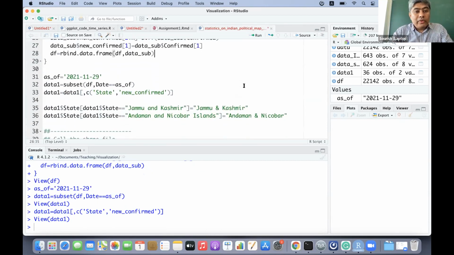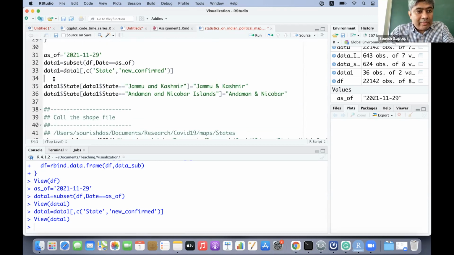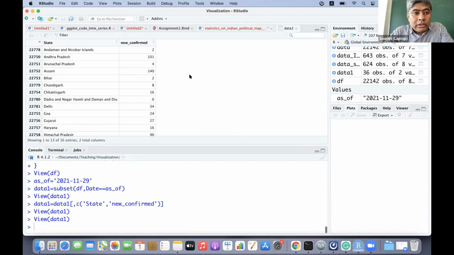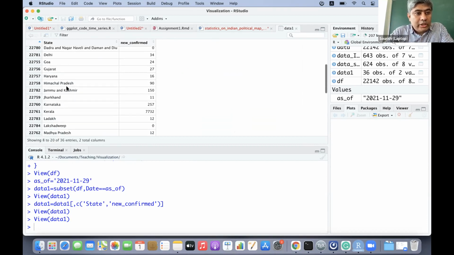There is a small thing that I learned the hard way to solve this problem, and I'll tell you why we need to do it. For the time being, let us avoid this problem. If you look at Jammu and Kashmir, it is written with an 'and'.